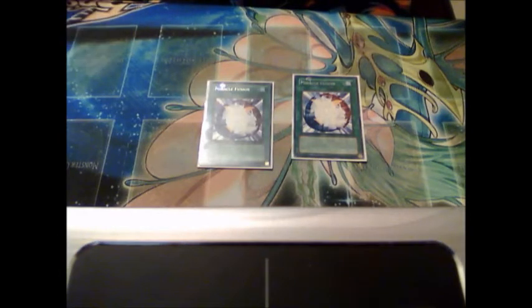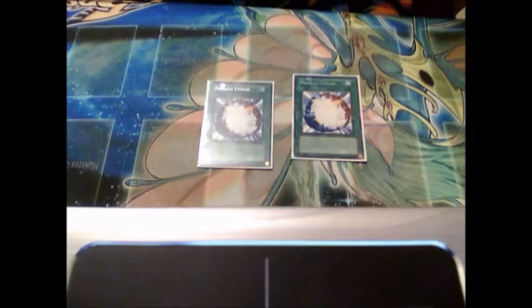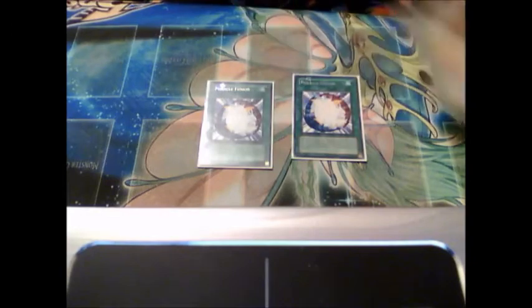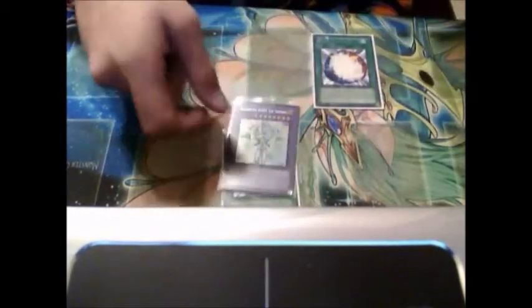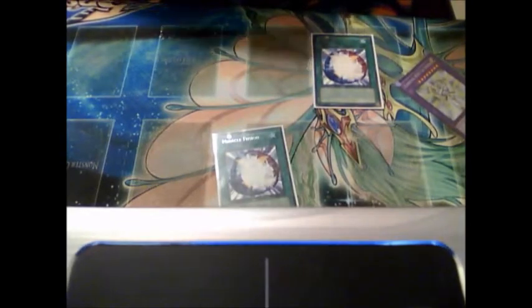If I'm falling behind and I need an explosive play, or if I top deck Miracle Fusion, I go off, because that's a 3200 Shining if you banish 2 Sparkman. And the better thing is, if you play Miracle Fusion, banish 2 Sparkman and get Shining, and then Shining gets destroyed, you put the 2 Sparkman back in your hand and can use them for Gawain plays, Thrasher plays, or hell, you could play one of the Sparkmans and activate Miracle Fusion with the Sparkman and the Shining that got destroyed and make the second Shining. So Miracle Fusion is a lot better in this deck than I thought it would be,